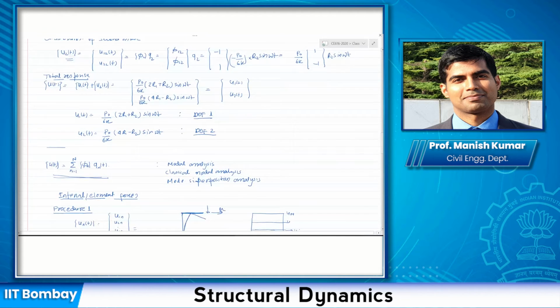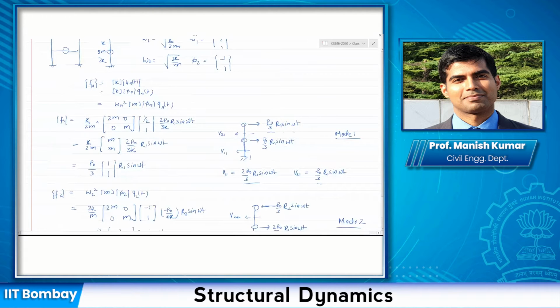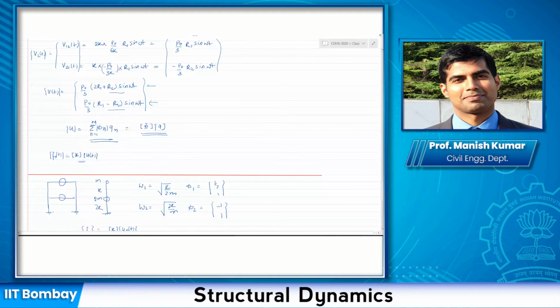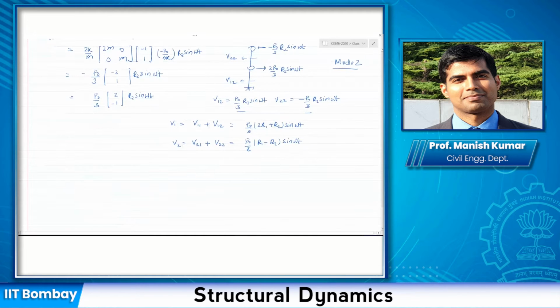Let us look at whether we got the same answer or not. Yes, here. Can you see we have got the same answer that we obtained by directly calculating the story shear. It is important that you understand both methods, because both methods are correlated. If you want full control over a multi-degree of freedom system, you need to do it by both methods and compare the results. You can choose to do any one method, but while practicing on your own, not in the exam, do every problem using both methods and compare the answers.